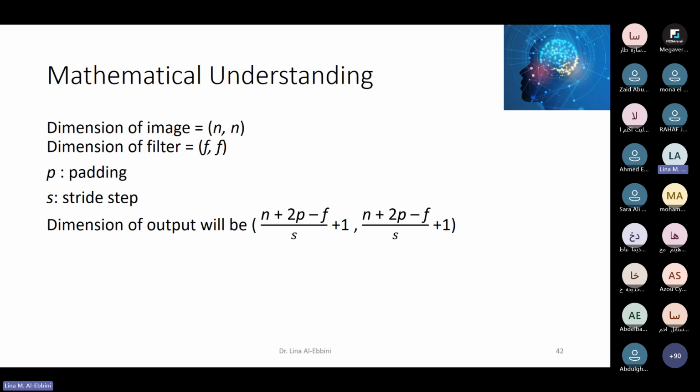Now, for mathematical understanding of the convolution neural network, okay, actually now we describe the steps, okay. We have convolution, we have activation, we have pooling, and we have flattening, okay. Now, assuming we have an image of n by n size, and the filter is f by f. In the previous example, we see that the image was 5 by 5 and the filter was 3 by 3,